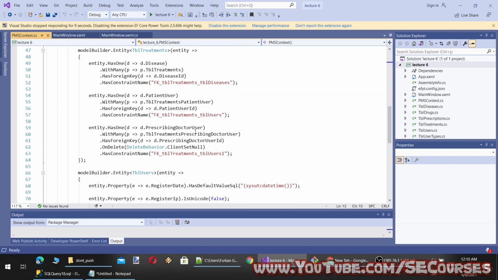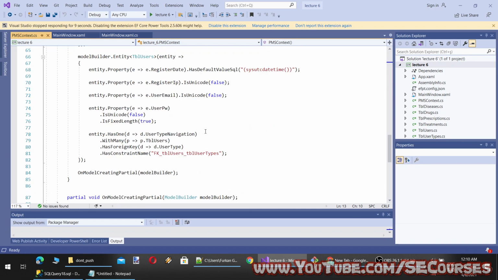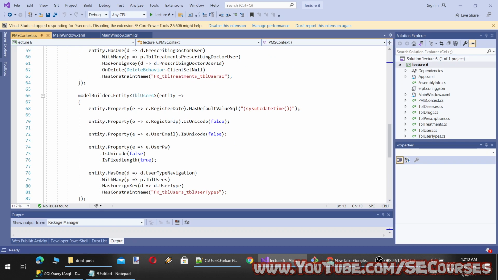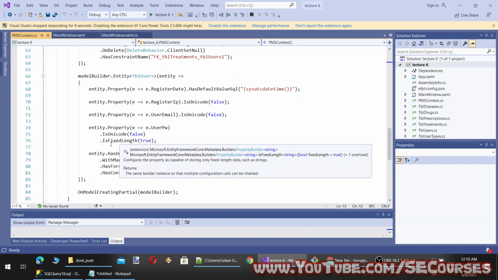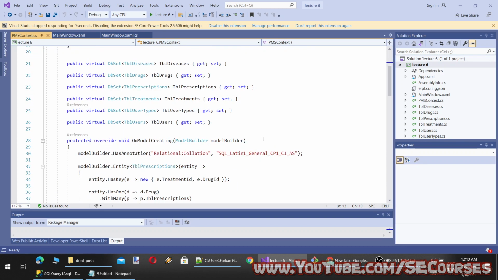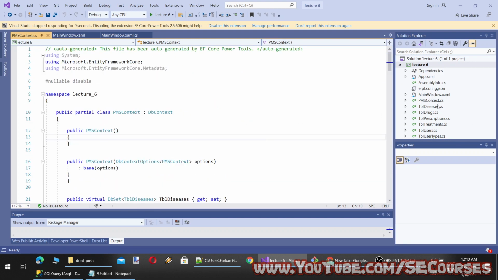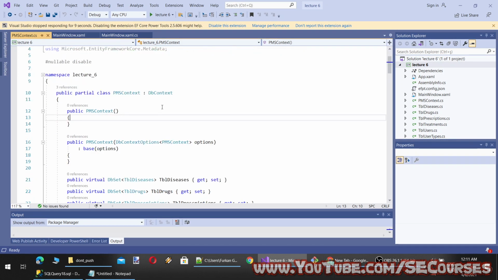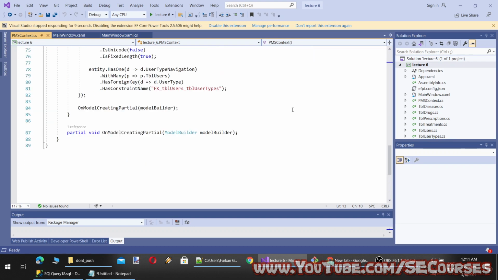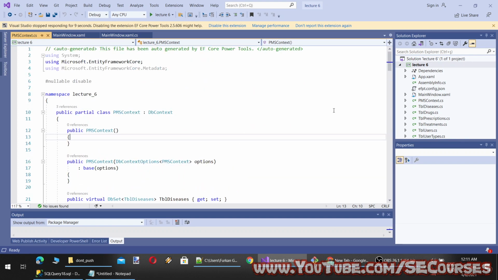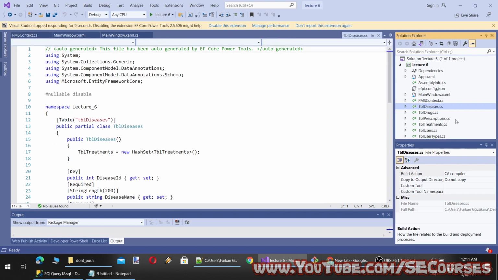So you see, even they are loaded, and it even shows the Unicode or fixed length. Everything is loaded into classes. Okay, this is pretty convenient. All classes are here: TBL, diseases, drugs, prescriptions, treatments, users, user types.